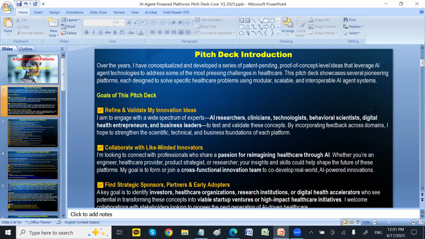Based on my 30 years of experience, I have intensive experience in nearly all aspects of high tech, deep tech, and health tech.